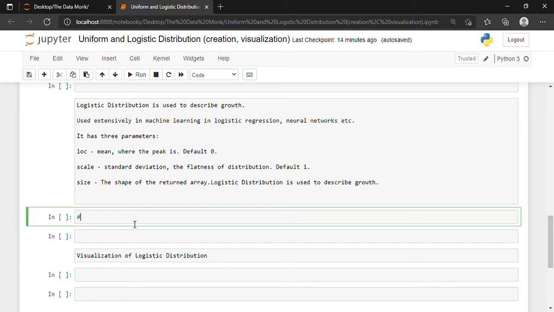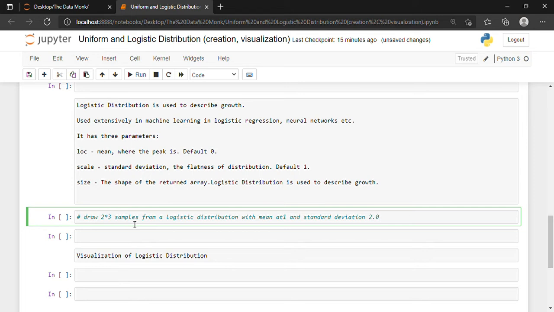So let me write: we basically want to draw 2 by 3 samples from a logistic distribution with mean at 1 and standard deviation 2.